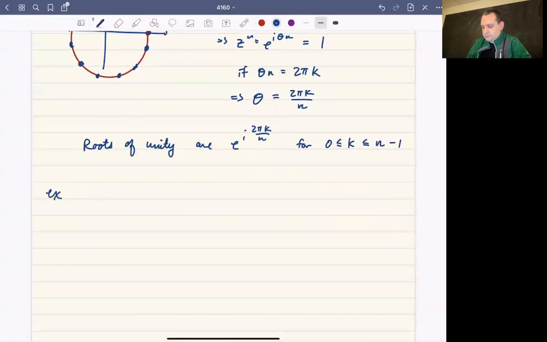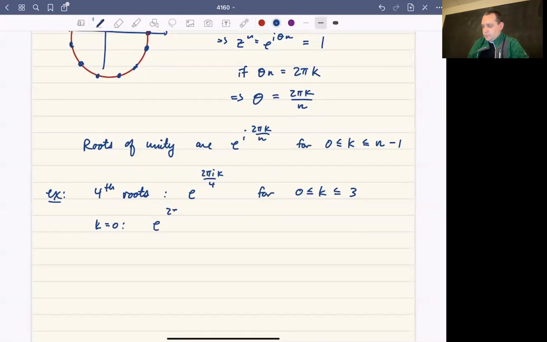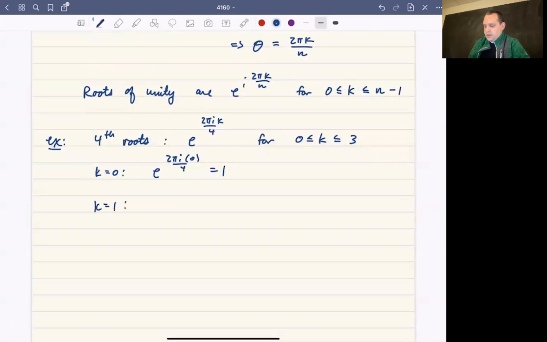So for example, we could find the fourth roots of unity, which we already know, of course, are plus or minus 1, plus or minus i. But just to make sure that this works out, we would get that the fourth roots of unity are going to be e to the 2 pi i k over 4, where k goes between 0 and 3 inclusively. And let's just check that. Of course, if k is equal to 0, then e to the 2 pi i 0 over 4 is just 1. Great. If k is equal to 1, then e to the 2 pi i over 4 is